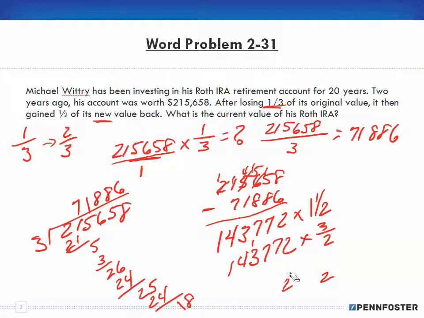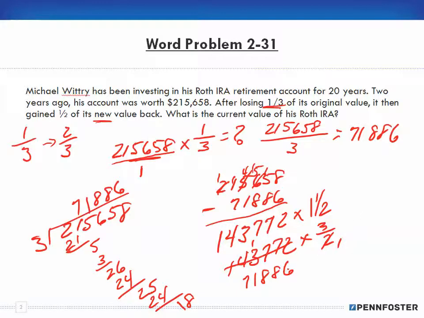Erase this. And I can cancel out here. 2 into 2 goes once because this is an even number. And then 2 can go into this entire number. Into 14, that's 7. Into 3, that's 1, carry my 1, that's 8. Carry my 1, that's 8. Carry my 1, and into 12 is 6. So I have